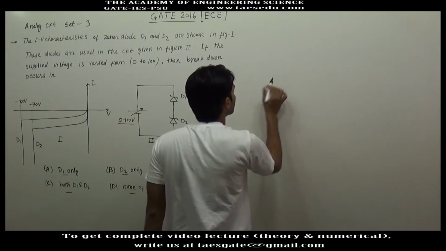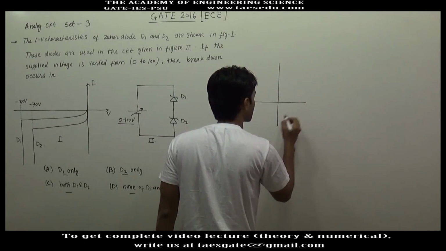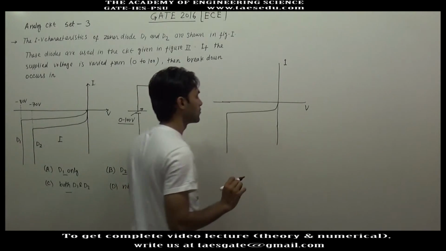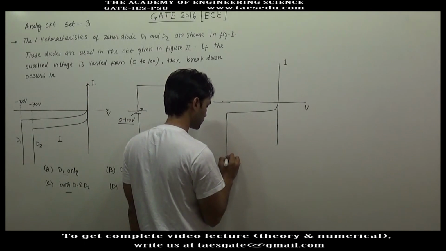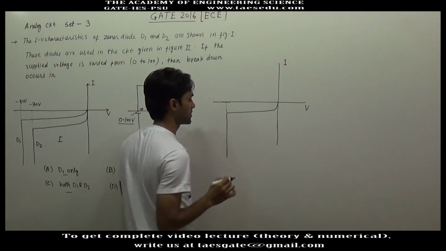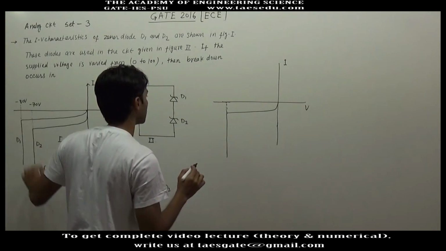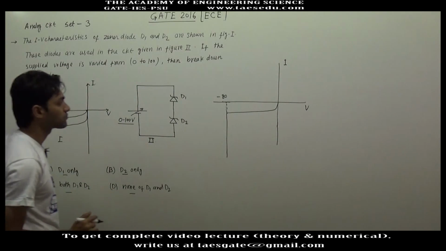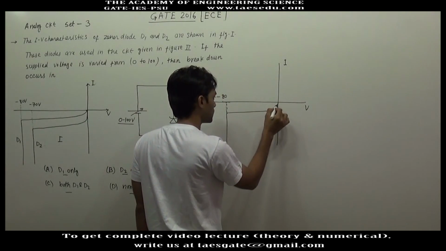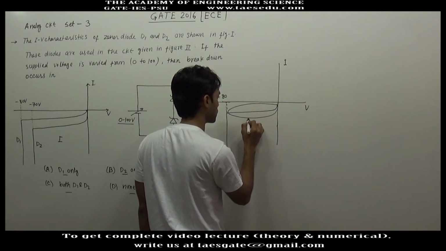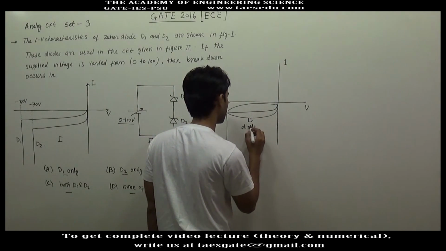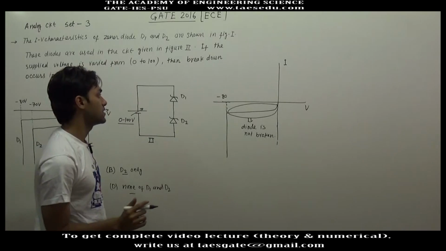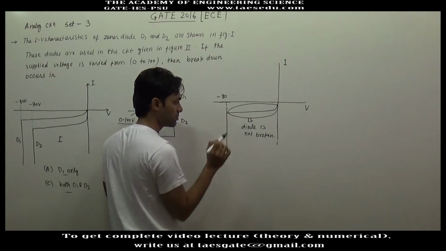So let's say this is the current voltage characteristic. This is voltage and this is current. So let us first understand the meaning of current voltage characteristic. Let's say this is given for minus 80 volt for diode D1. It means in this region the diode will not be broken down. Diode is not broken, and if voltage across this diode is more than 80 volt in reverse bias, this will be broken down,